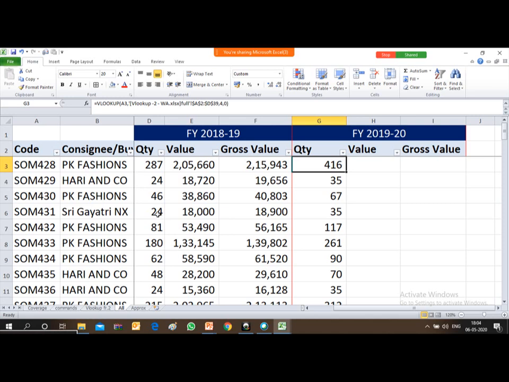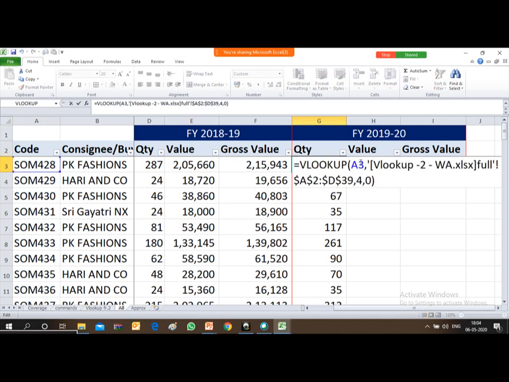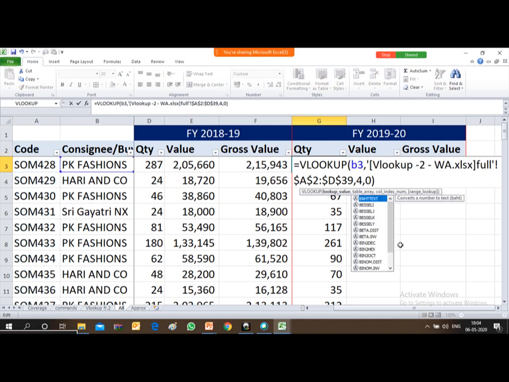Friends, earlier it was column number A, where these codes were appearing. So in the formula, I can change it to column number B. Just I have changed it, right? So after changing it, I'll press enter.